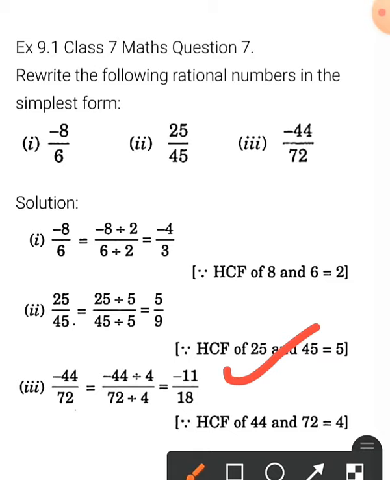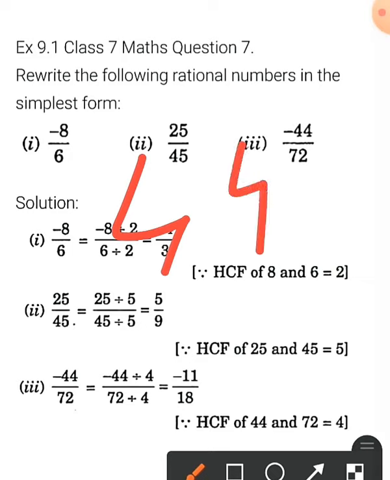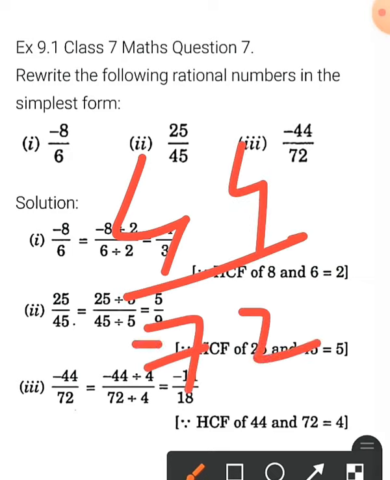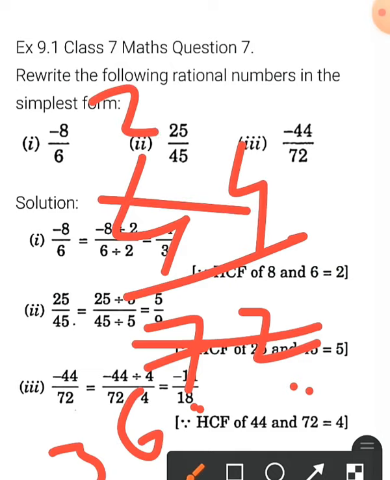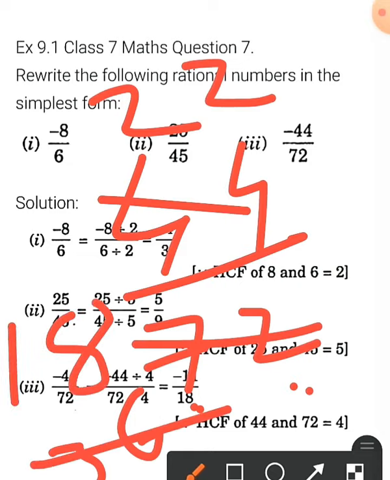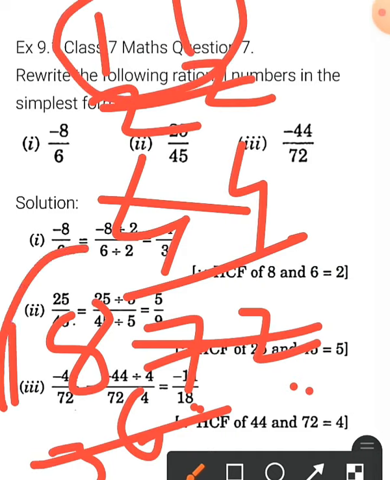This is just simple cancellation, the reduced form, what we have done in the previous video also. You can start with the table of 2 also. You can start with any number whichever you are comfortable. For example, अगर 44 upon 72 है तो आप 2 से भी start कर सकते हो. 2 3s are 6, 1 left, और ये 2, so 2 6s are 12. Here 2 2s are 4 and 2 2s are 4. Now again 22 and 36, cancellation is possible with the table of 2. ये हो जाएगा 2 18s are 36 और ये हो जाएगा 2 1s and 2 1s. So again the answer is 11 upon 18.